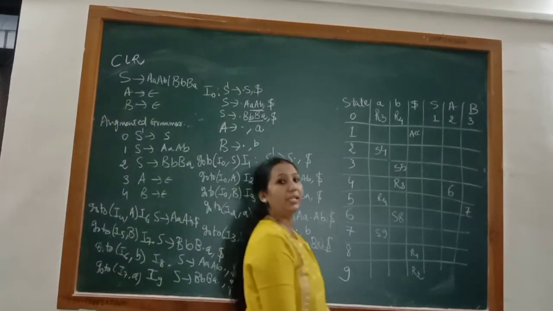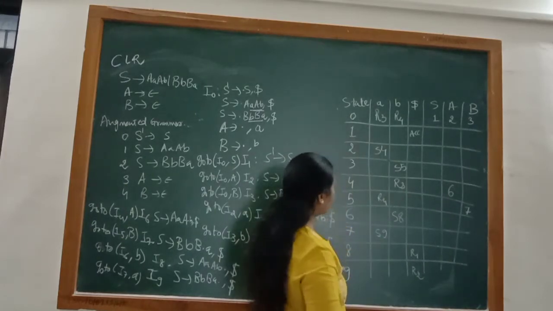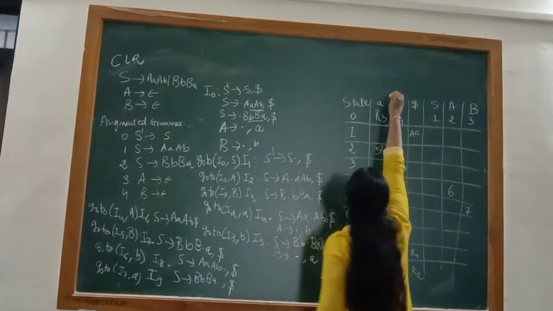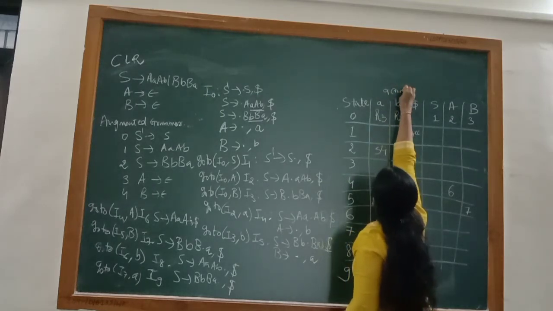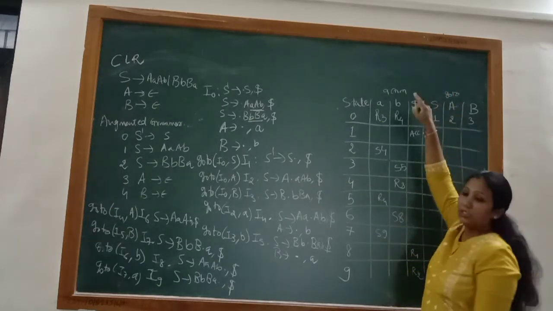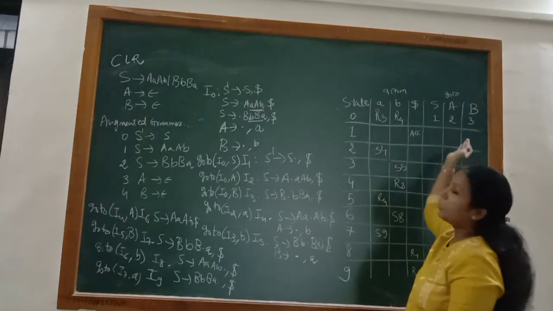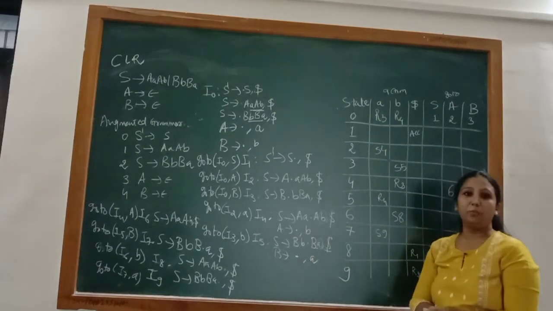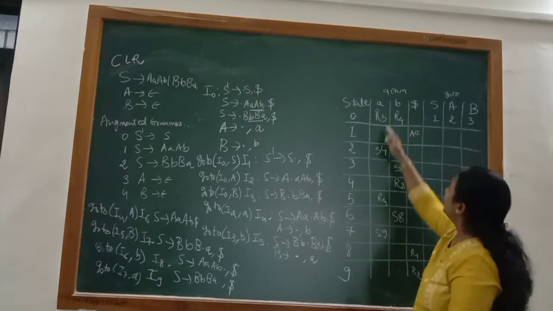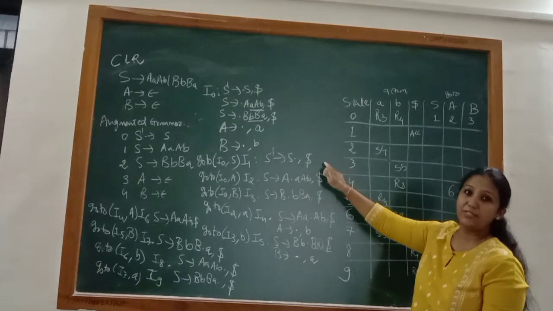As we know, the construction of the table is the same as SLR. We have listed out the states, and we have listed out the terminals and non-terminals. The terminal symbols will perform the action and the non-terminal symbols will perform the go to. How this action and go to are reflected we have seen in the previous video of SLR. First of all we have listed out the states, and these are the terminal symbols. One by one we will put the entries according to the operation done in each of the states.